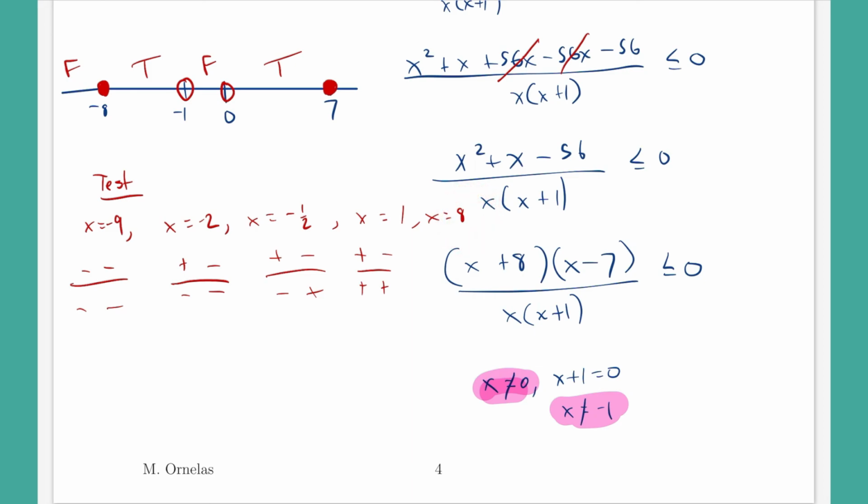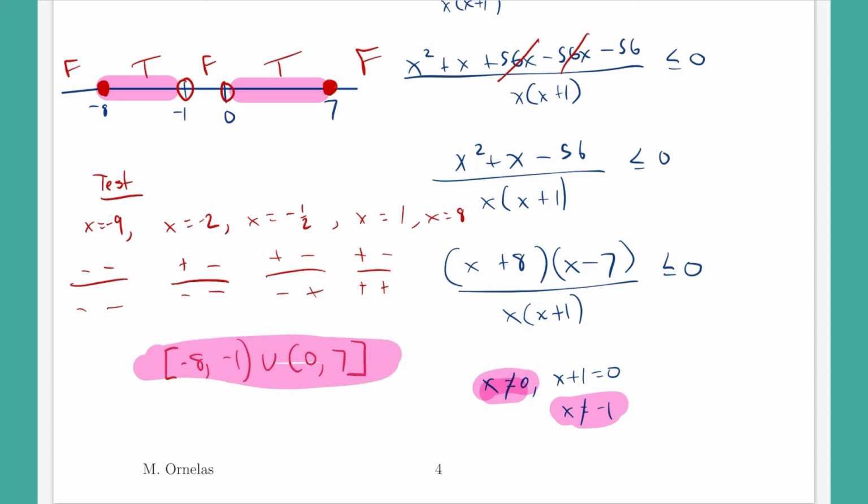Finally, plug in 8. That's going to be positive, positive, positive, positive. 4 positives makes a positive, which this would be false. So our solution set would be true, true. All right, so that would be written as negative 8, close bracket, negative 1, parentheses, union, parentheses 0 to 7, close bracket there. That is our final solution. That concludes this